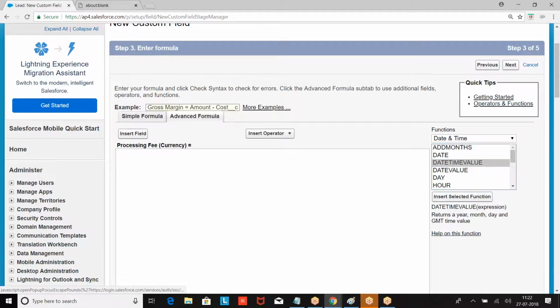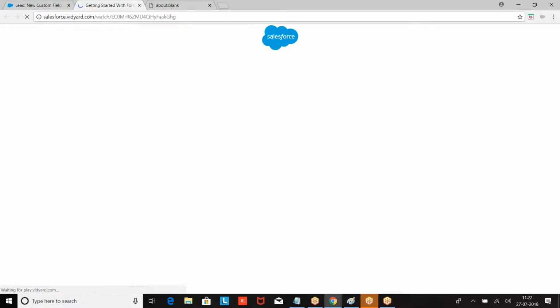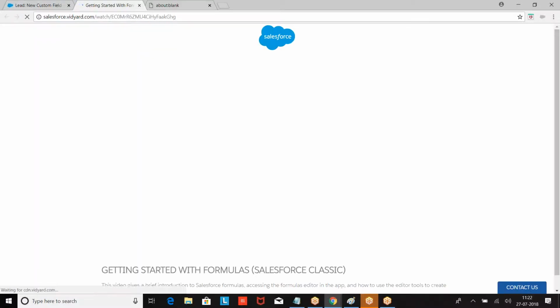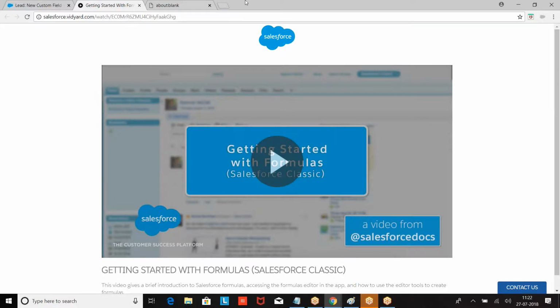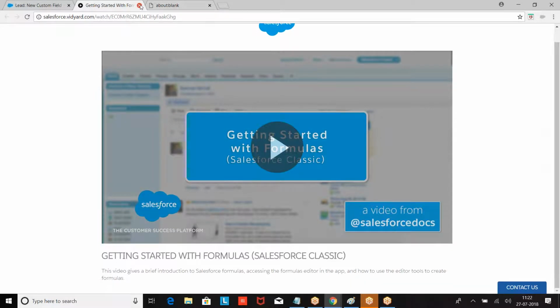Now let us say date value, day, hour, millisecond, minute, second, time now, time value, today, weekday, year. Recently, some additional functions are added. Previously, these hours, seconds, minutes, weekday, they are not available. In the last version, they have given you these functionalities.